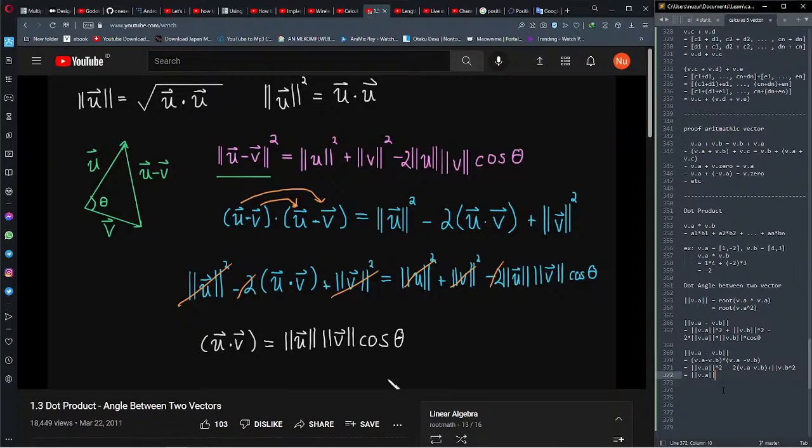And now that is really cool because as long as we're given the vectors u and v, we could figure out what u dot v is based on the definition, sum up the products of the components. And then we can figure out the lengths. We know how to do that. We just take the square root of the sum of the square of the components. And then we have this cosine of theta, so we can solve for theta. And we can figure out the angle between two vectors just knowing what the two vectors are. So that's really cool. So in fact,